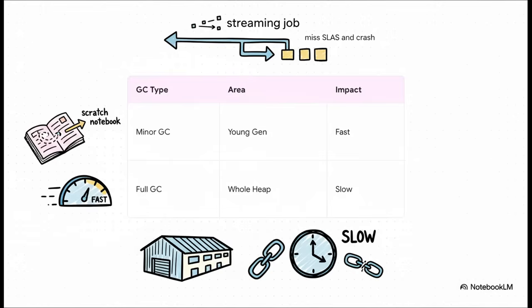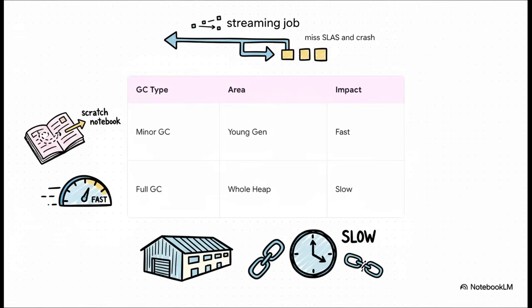This little table makes the difference crystal clear. On one hand, you have a minor GC. That's just cleaning up the Scratch notebook, the young generation. It's super fast, the pause is tiny, and your app barely even notices. But then you have a full GC. That's when the crew has to clean the entire warehouse. It is slow. It causes these long, painful pauses, and if your streaming job is paused for too long, it's